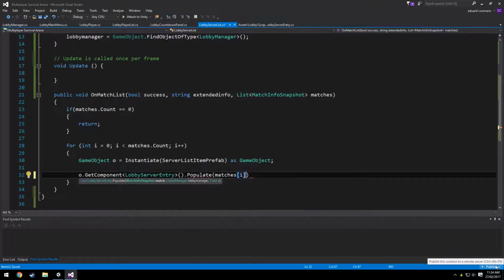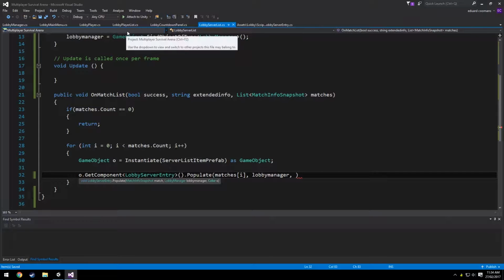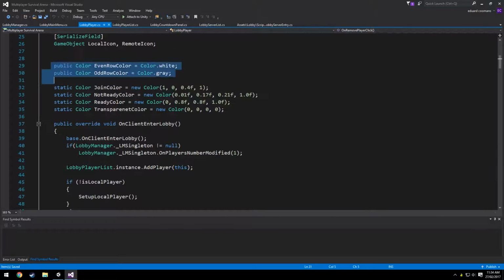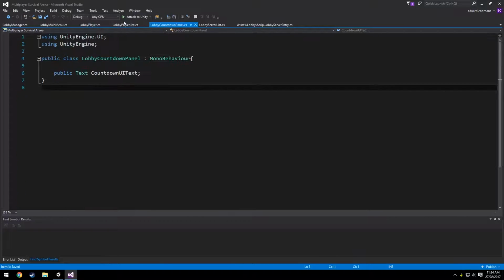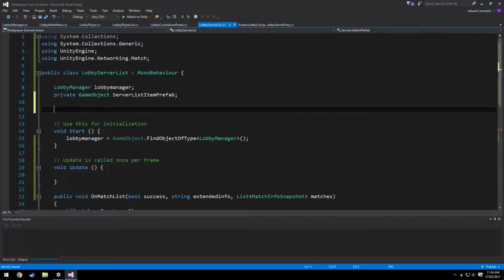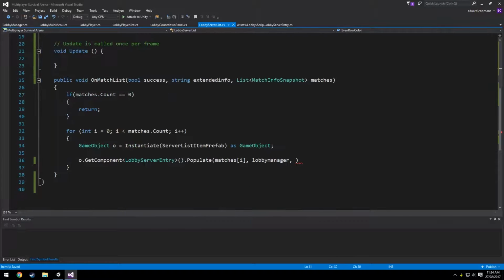and we sift in matches i and the lobby manager, and I think what we're going to do here, so we can do an individual color for each, but I think we're going to do what we did for the lobby player. So we're going to have an even color and an odd color, and this is copy and paste that directly and paste it here, and we're going to say